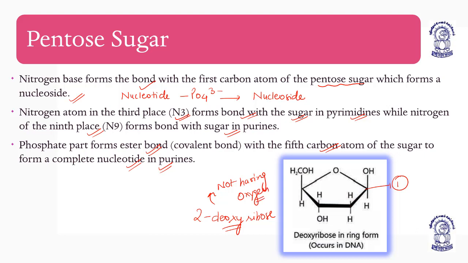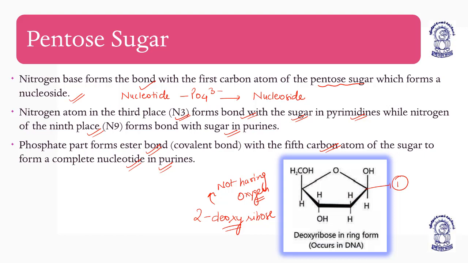Okay, so the nitrogen bases form a bond with the first carbon of the pentose sugar, which forms a nucleoside. That means a nucleoside is nitrogen base plus pentose sugar. There is no phosphate. The ninth nitrogen atom in the case of purines combines with the first carbon of the pentose sugar, and in the case of pyrimidines the third nitrogen atom combines with the first carbon of the pentose sugar, while the phosphate group makes the ester linkage, the ester bond, with the fifth carbon